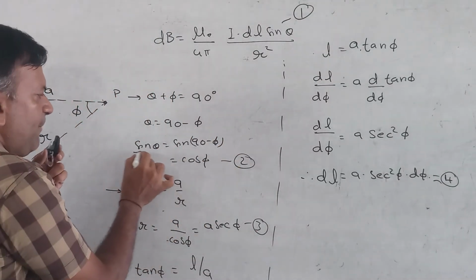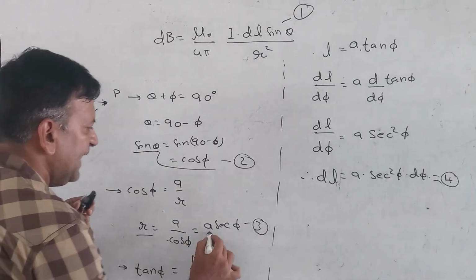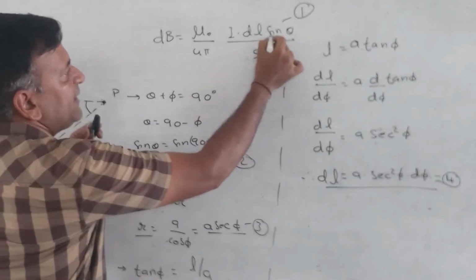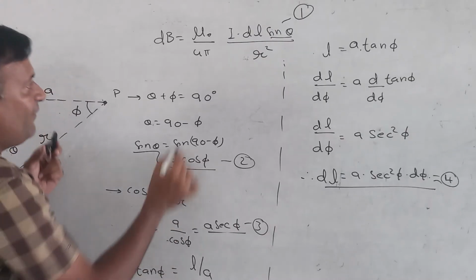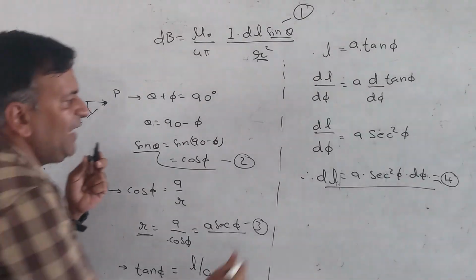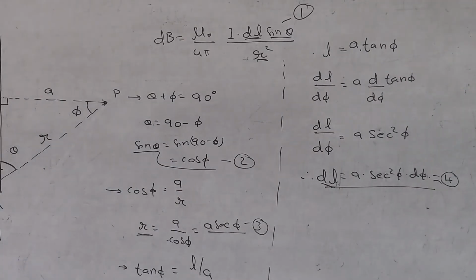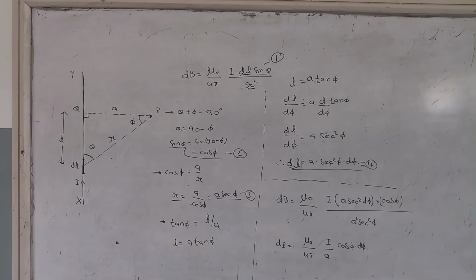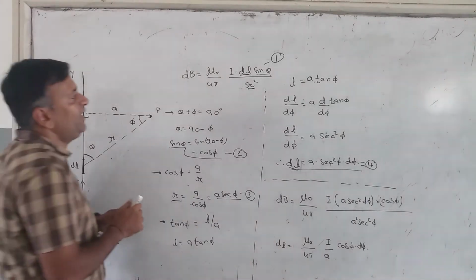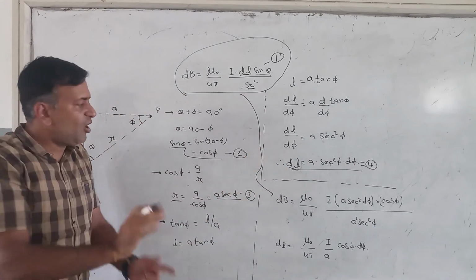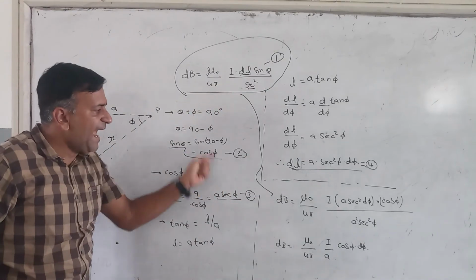We are going to simply put this result, then this result and this result into equation number 1. See, sin theta will change into this, the value of r also has to be replaced, and the value of dl also has to be replaced. Now we will be putting all these three things into equation number 1. Putting all the things into equation number 1, equation number 1 is going to change. See what we have done from here to here. Concentrate from here, making substitution and reaching this point.